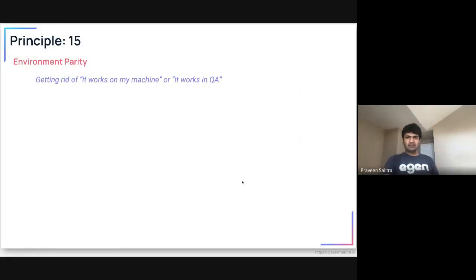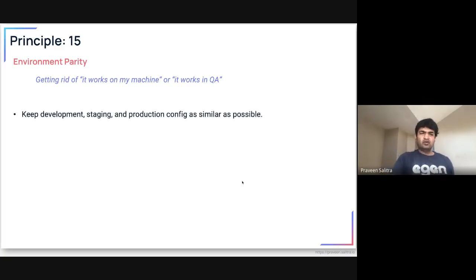One other thing is, most of the time on engineering teams, you used to hear, or maybe still hear, "Oh, it works on my machine. Why is it not working in that environment?" Or, "Oh, it works in QA, but it fails in production," right? So what can go wrong if it's the exact same package that you're running on different machines? Just the infrastructure can be different, and the other thing is maybe the data is different.